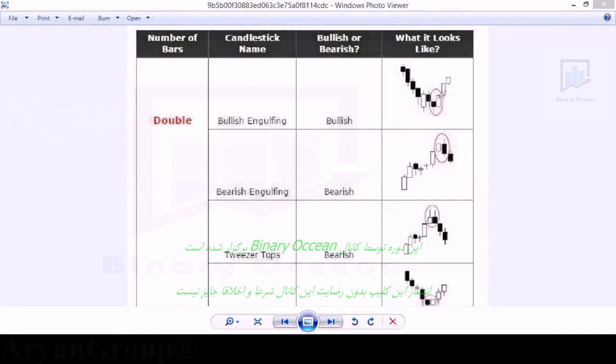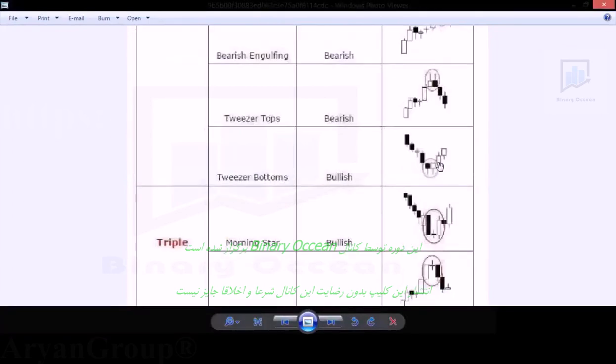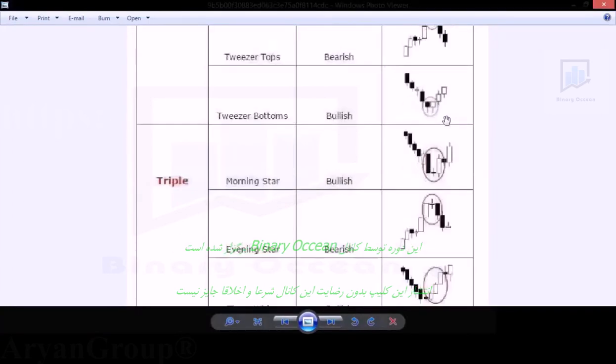In the downtrend, if you get any engulfing candle, this is your entry point, this is your stop loss point, and the next level will be your take profit point. And here also bearish engulfing, you need additional confirmation, then you can enter with sellers from this level. This is your take profit point, and this will be your stop loss point. So always you need additional confirmation. Here also you need another candle to enter into the market.